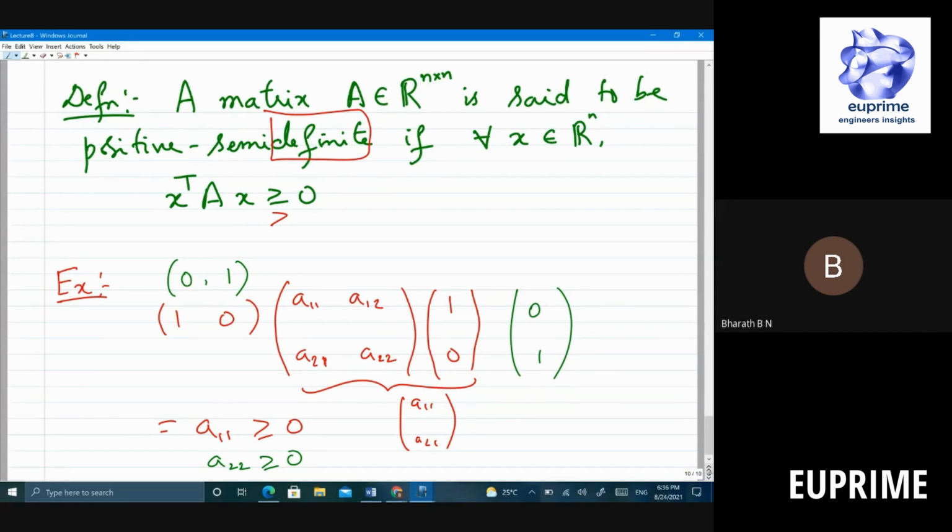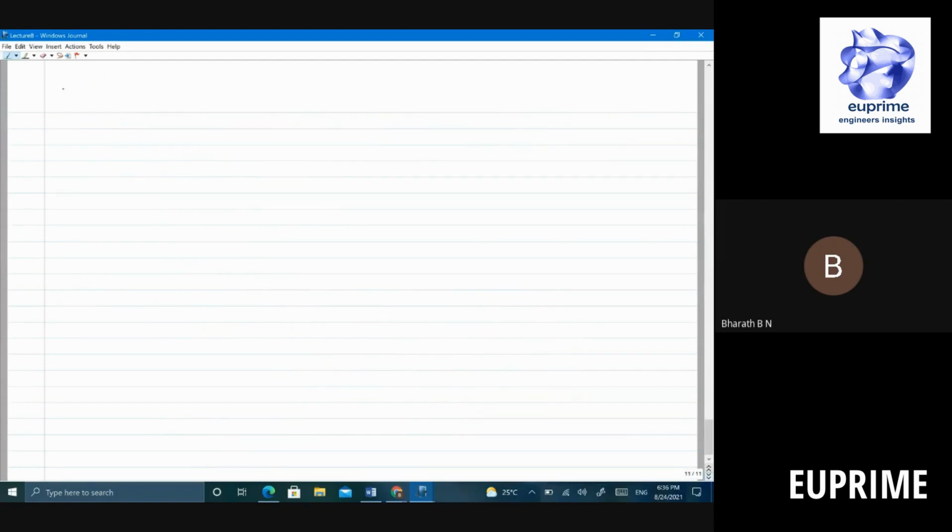Let's look at another example. This is an example in probabilities. So suppose